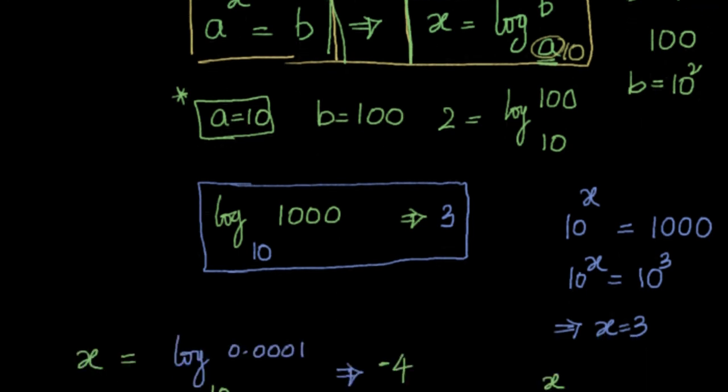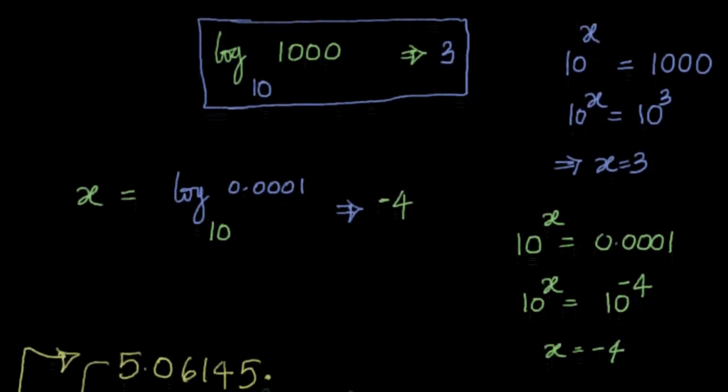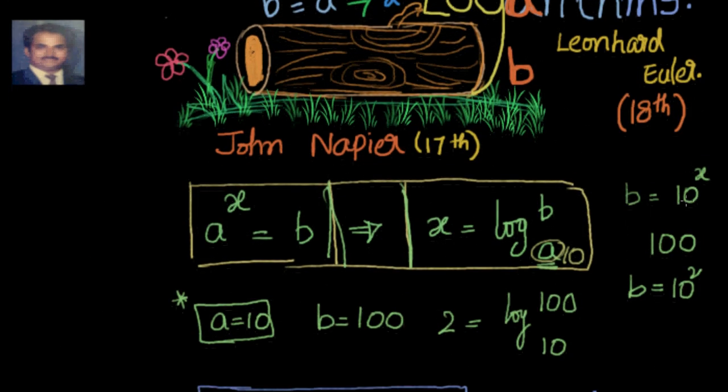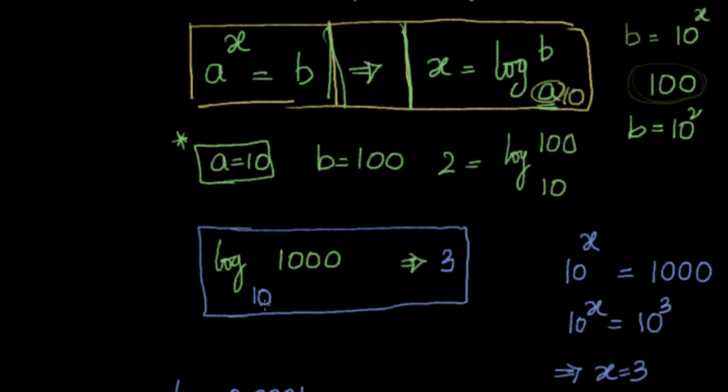Now after that what we did, we took some simple examples. You said that logarithm is nothing but the power to which 10 has to be raised. So I want to find out the logarithm of 100. 100, how do I raise 10? 10 to the power of 2. That means log of 100 is 2. Very simple, right? Similarly, I take 1000. 1000 I can write as 10 to the power of 3. So logarithm of 1000 is 3.